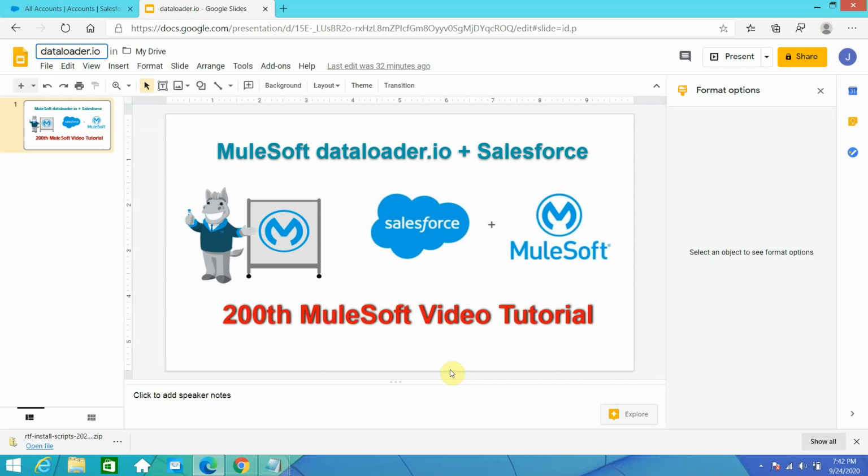Basically it can insert, update, or upsert data into any Salesforce object, delete data from any Salesforce object, and even export data from any Salesforce object. It also has the capability to select or expose the data on the basis of SOQL, Salesforce Object Query Language, right? You can define that also, and we are going to see all this in our demonstration.